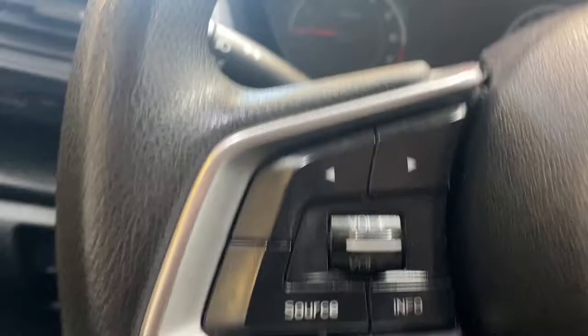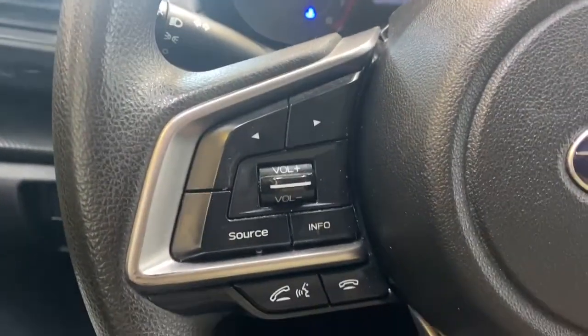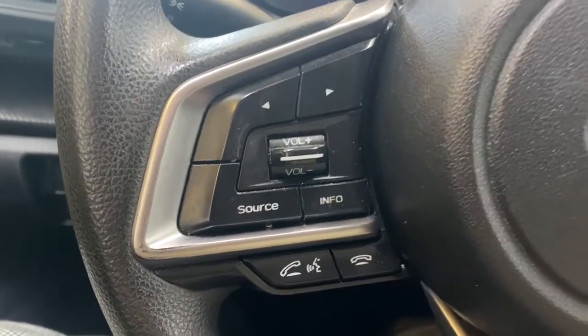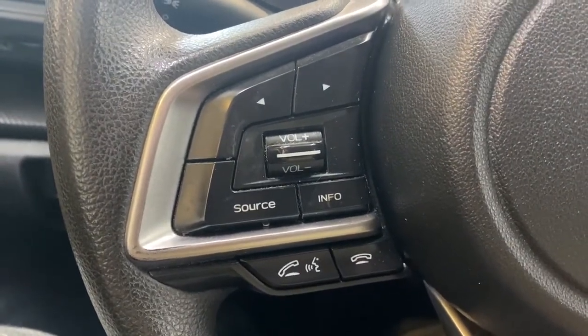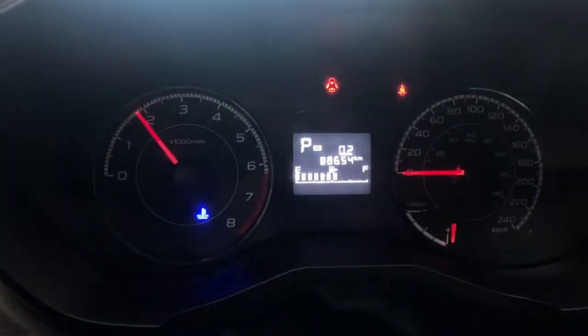As we get into the Subaru, on the left-hand side of the steering wheel, you have your traction control settings, as well as your dimmer switch for your dome lighting. As we turn the vehicle on, on the left-hand side of the steering wheel, you have your multimedia controls with your voice recognition, answer, and hang up, as well as on the right-hand side of the steering wheel, you do have your cruise control settings. As you can see, this vehicle only has